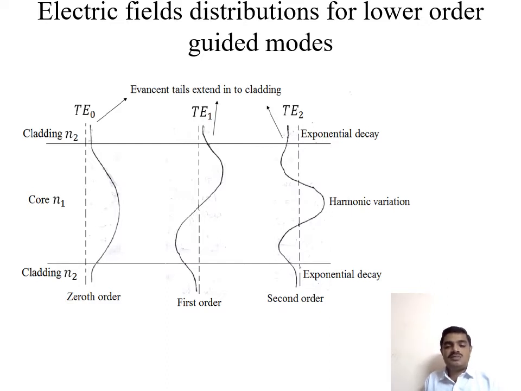Then one more concept: in the lower order mode, the majority of the signals propagate only in the core region. Coming towards the first order and second order, a certain part of the signals may propagate in the clad mode as well as the core mode. The light signal propagated in the clad mode is completely wasted. That is called leaky mode or loss mode. Now in the next slide, let us discuss different types of modes based on this diagram.